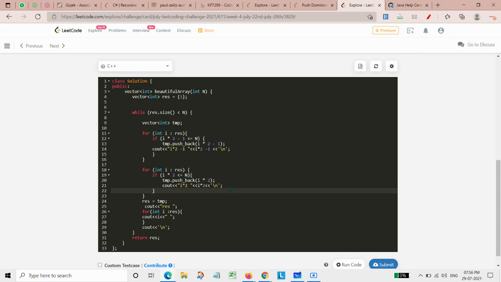So this is how the temp array will be filled, at each level, meaning when this odd element filling is done and this even element filling is done.